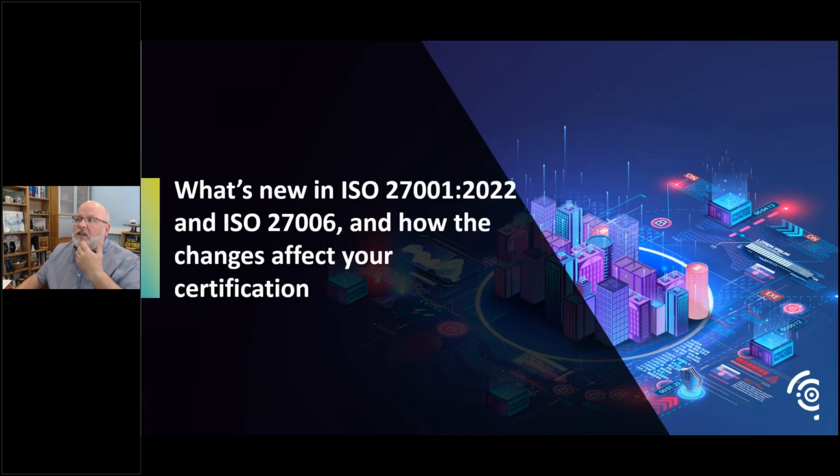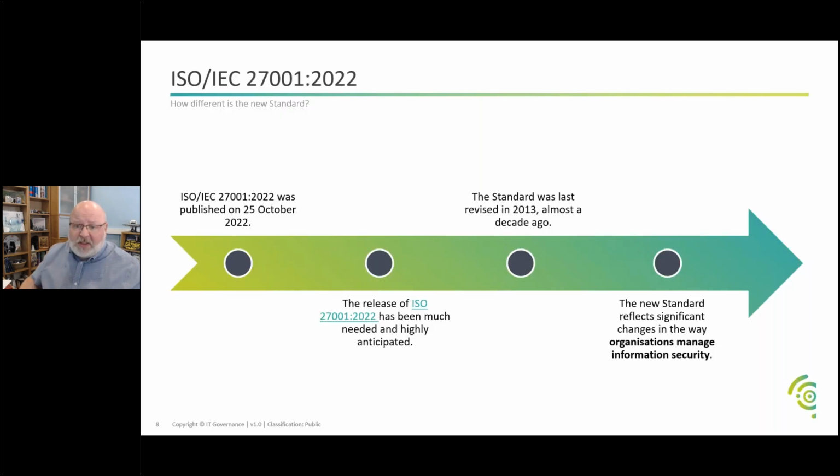So what's new in ISO 27001 2022? And we'll talk a little bit about 27006 and how the changes affect your certification. Well, the key thing is that it will affect you. Okay, it's coming. It's a line in the sand. It's an immovable object. You need to transition by the end of October next year. Okay, so a little bit of the timeline. So ISO IEC